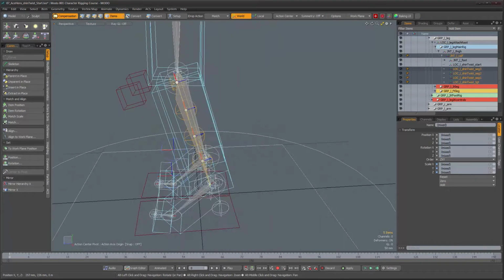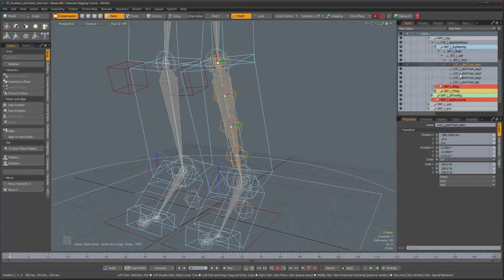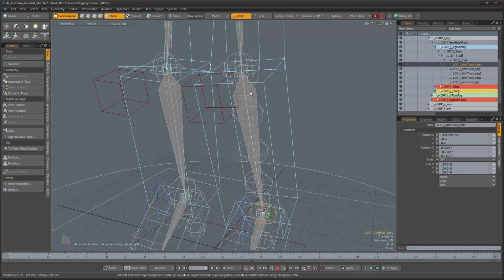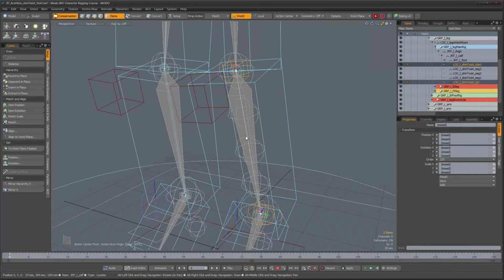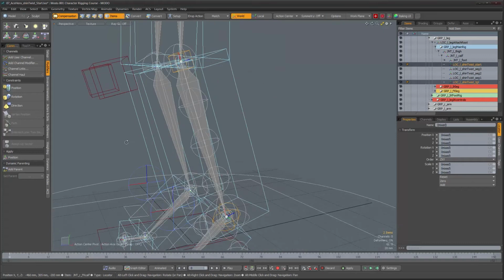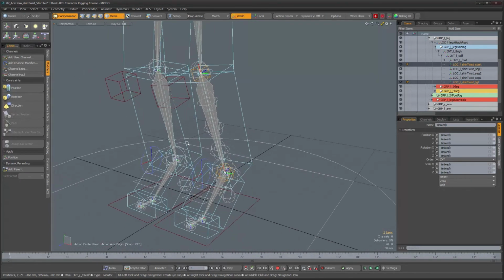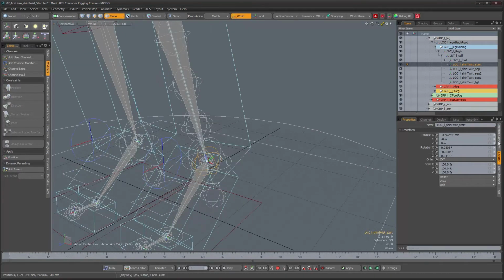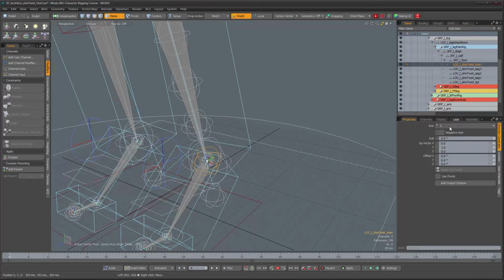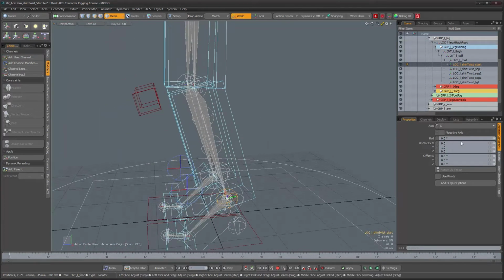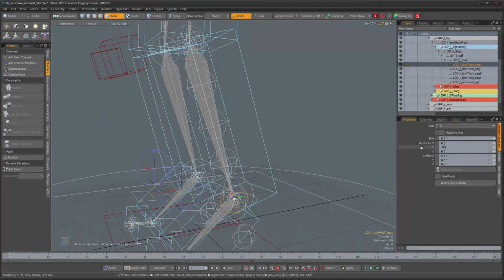Okay, so now what I'm going to do is take my start joint over here, and direction constrain him towards my target, which is over there. So let's go to modifiers, and in this case I'm going to turn off compensation and do a direction constraint. On the direction constraint, make sure that I'm using the x-axis as my constraint direction, and we're going to set the up vector to be